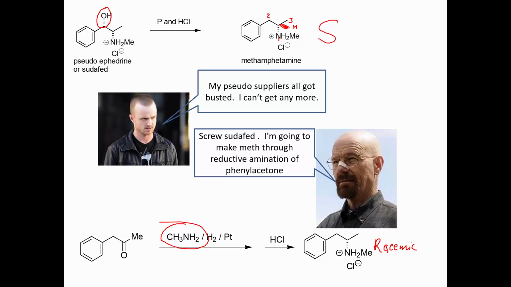All right, so I don't know the full pharmaceutics of this, but it seems like the meth made this way would not be as good as the meth made from Sudafed because it is racemic, and if only the S enantiomer is working to produce the effects of methamphetamine, the R would just be kind of wasted space. Okay, all right, you need twice the dose to get the equivalent high. All right, so anyway, I think this is the